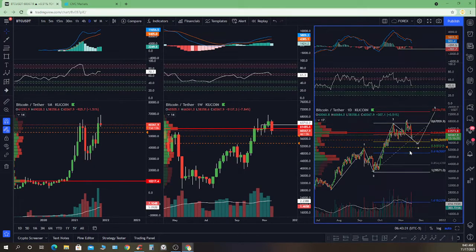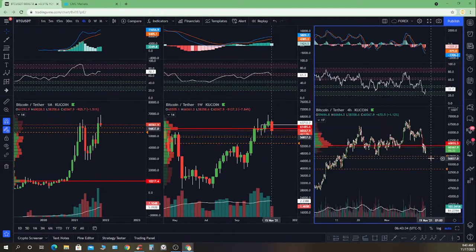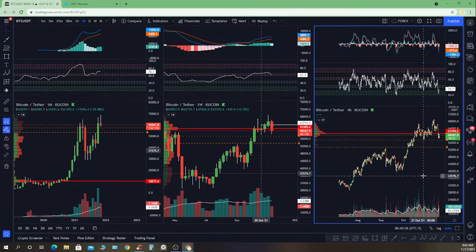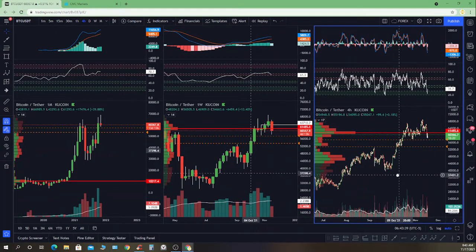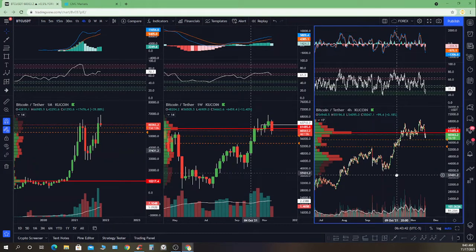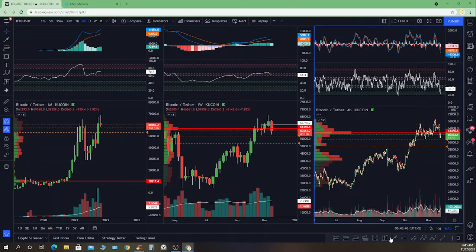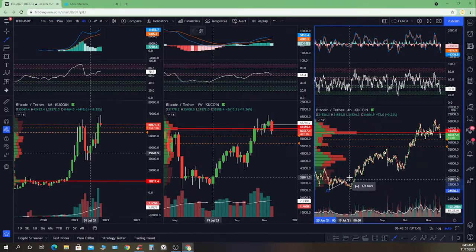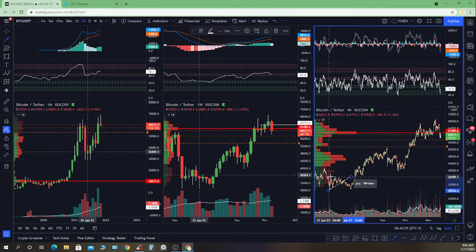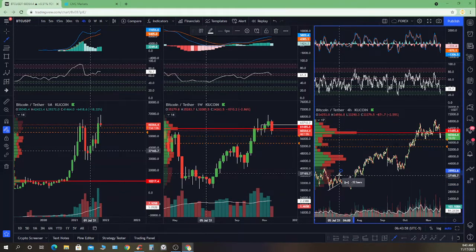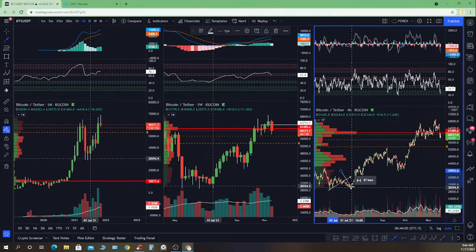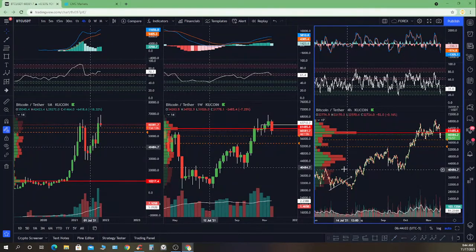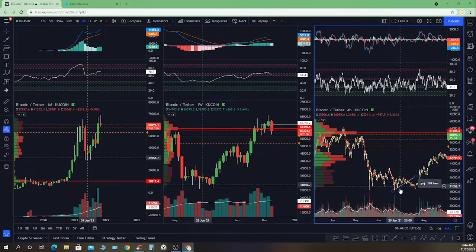If we take a look at the 4-hour chart, see, the thing is, let me talk about this wave count right here, okay? Because it kind of messes with the program a little bit, but it's all good. Because in Elliott's book, he says that there could be a truncated 5th wave, which would be this one right here, and then this would be the 2. But at the same time,